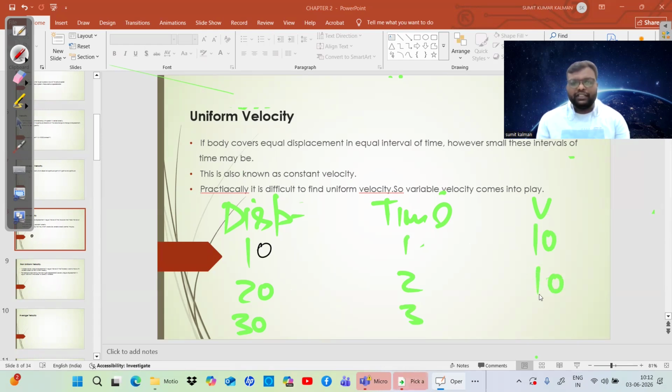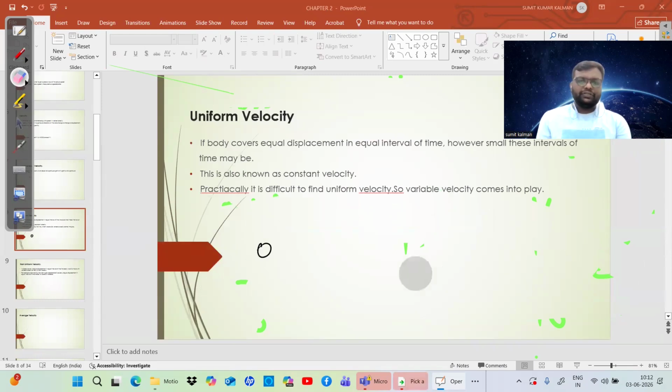20 upon 2 is 10, 30 upon 3 is 10. So here, students, it is coming out to be the same, constant. So this was all about uniform velocity. Students, next is